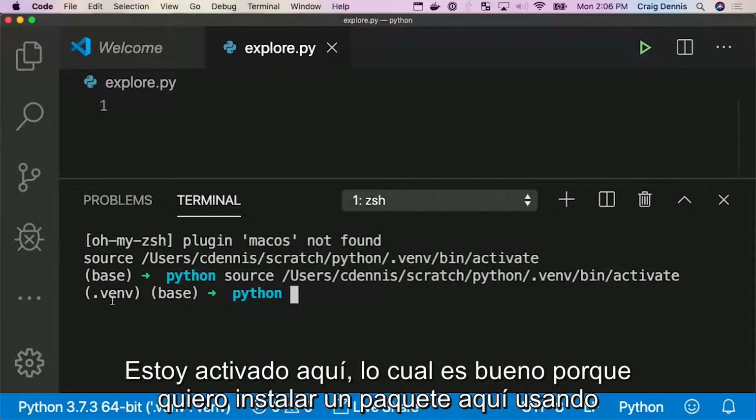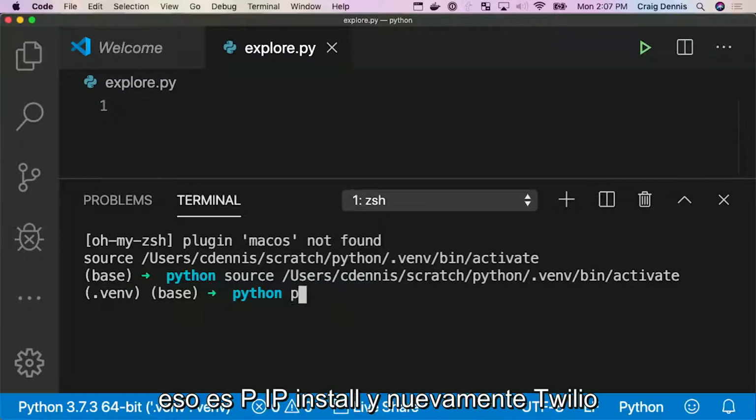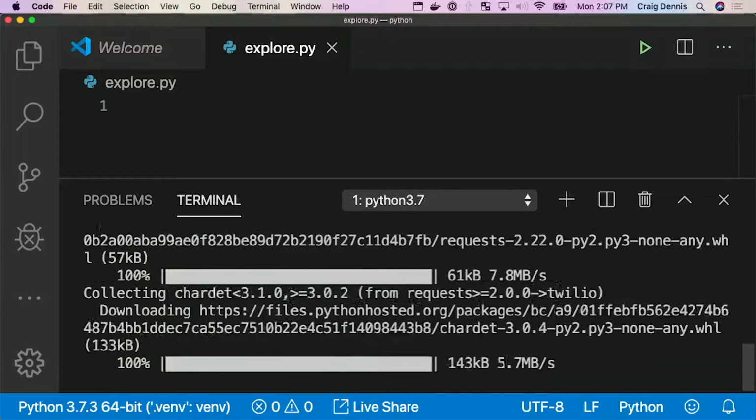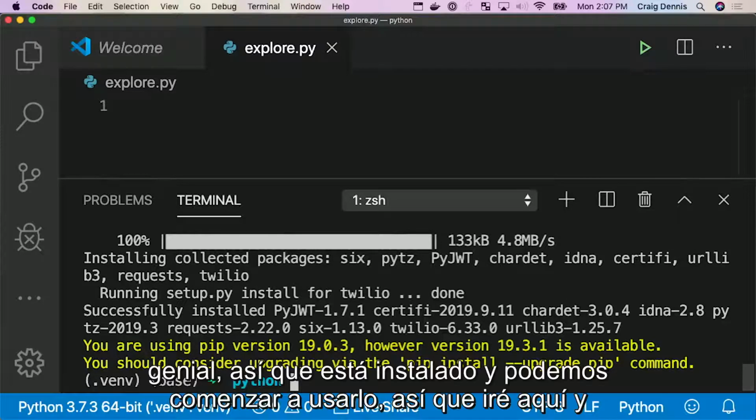So I'm activated here, which is good because I want to install a package here using pip, which stands for the cute recursive acronym of pip installs packages. So that's pip install, and again, Twilio. Cool. So it's installed and we can start using it.